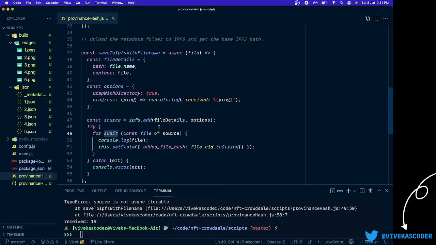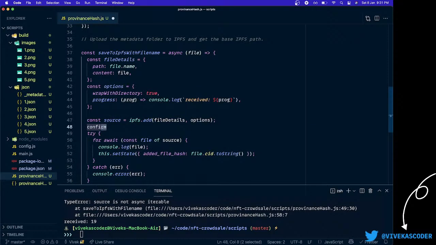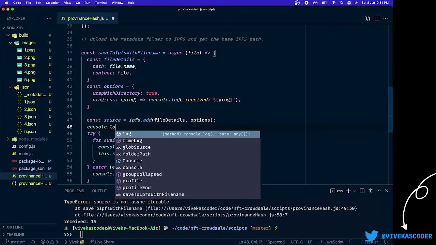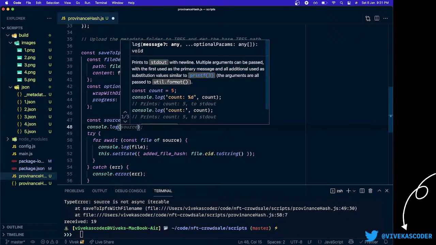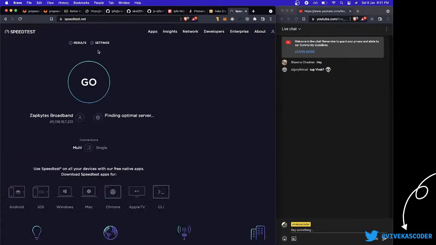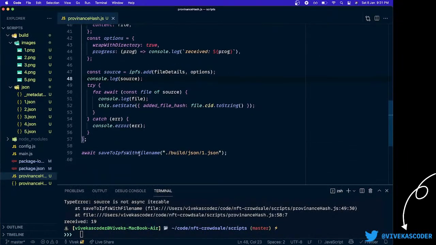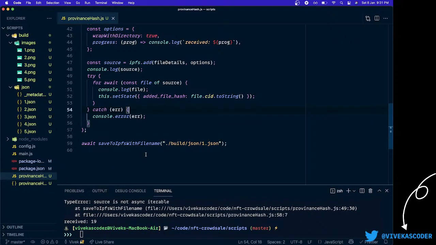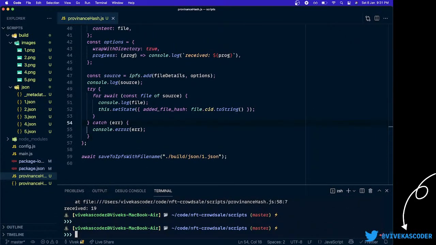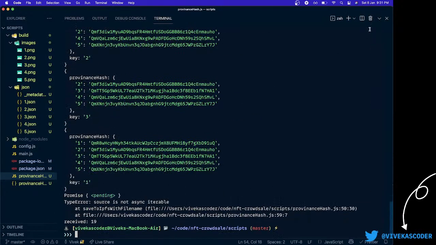Wait a second, what is happening? What is source returning here? Let's just console log. Console log. By the way, I will actively stream now because I got stable internet connection. So you can see, let's leave it. So what I'm gonna do here is to run it again and see what are we going to get. It's a promise,